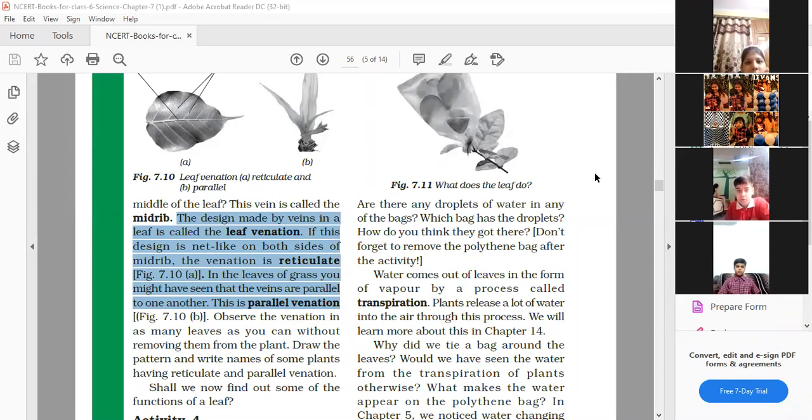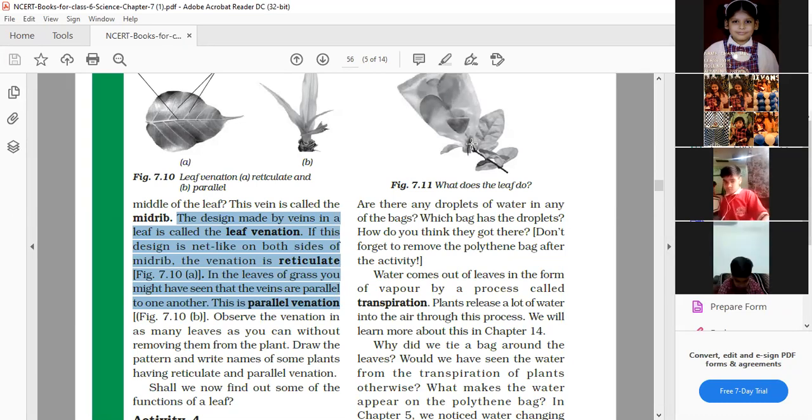Okay. Next comes one more activity, that is activity number 4, in which we'll see how the transpiration process takes place. So children, what we have to do in this activity, in any of the potted plant, you will cover one of the branch with the polythene. Okay. In any of the potted plant, in your house, on any one branch, just put a polythene and tie it and keep it in the sun. Then what will happen, after few hours we will see that water droplets have come inside this polythene.